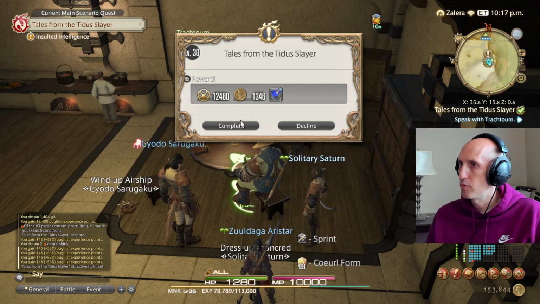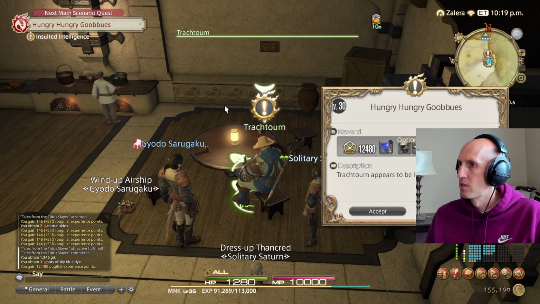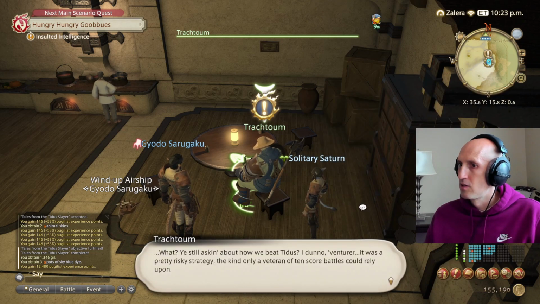We got some sky blue dye. Appears to be ignoring me. Fantastic. Okay. What? He's still asking about how we beat...